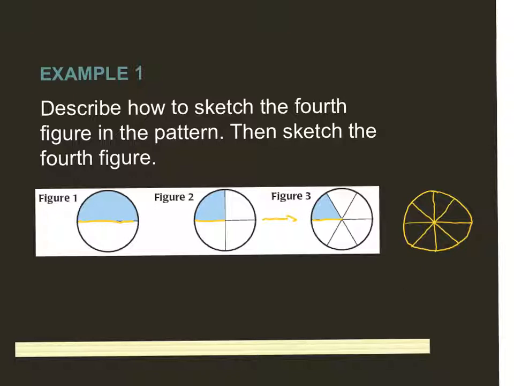Well, here's what I would argue, which actually goes along with that, is that every single time the blue portion is touching this line. Would you agree with that? Yeah. So whatever I shade in there of those two should be touching that line, and I think the only one that meets that criteria is right here. So I'm using a pattern, and there's really kind of two patterns going on there. One deals with how many pieces there are to the circle. The other one deals with which piece are we looking at of those pieces? Which one are we identifying?